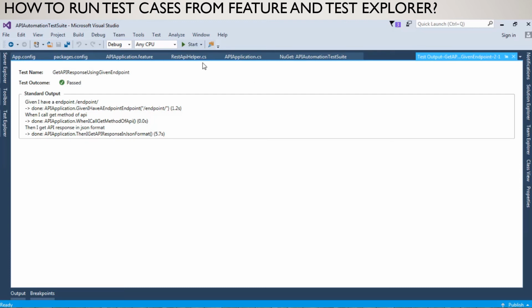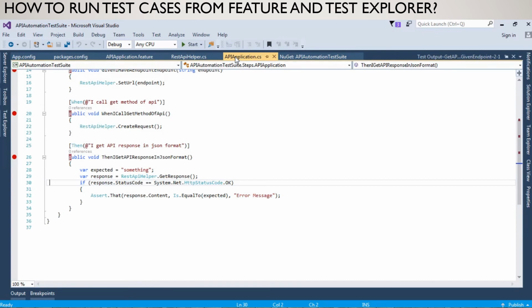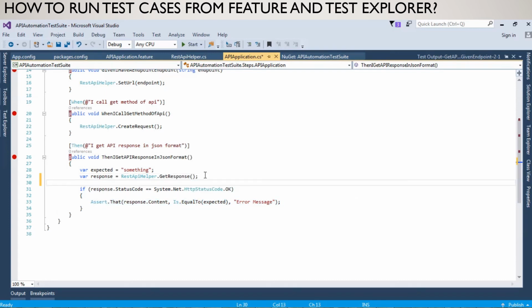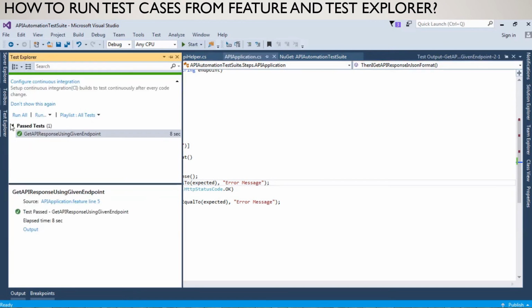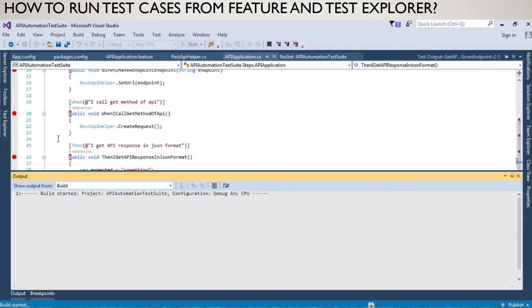Now I'm just showing how the test case gets failed and how it will show in the test explorer. Remember, this test case is just a demonstration, so it will not have any pass or fail criteria. I'm just trying to pass or fail the methods. So when you run it again,